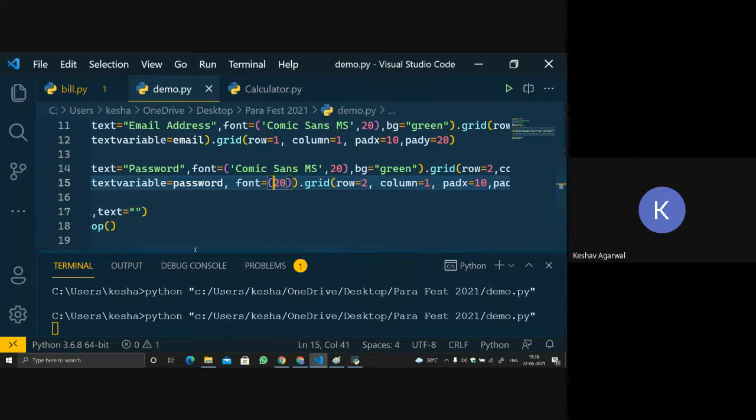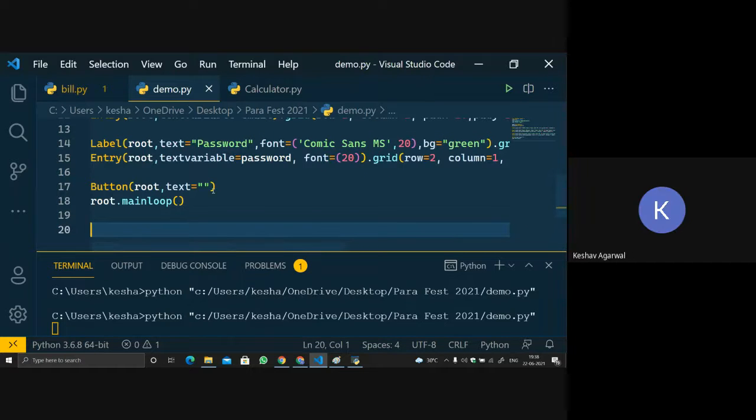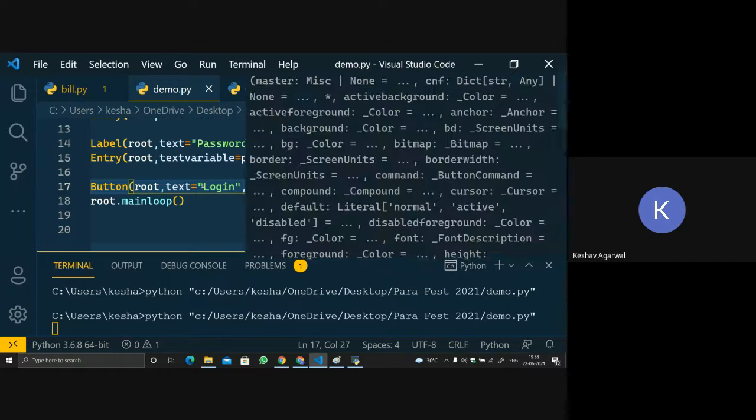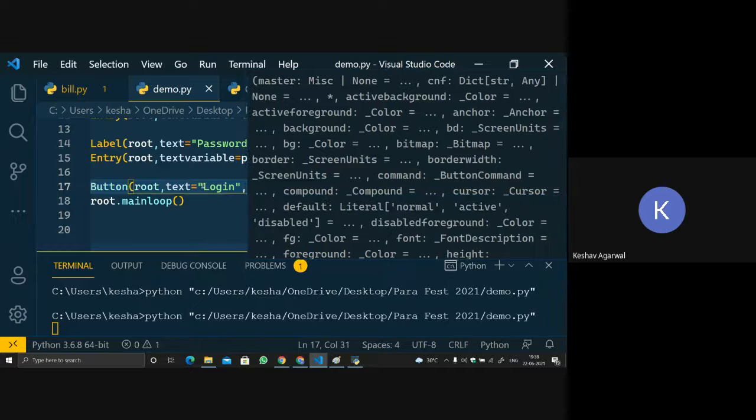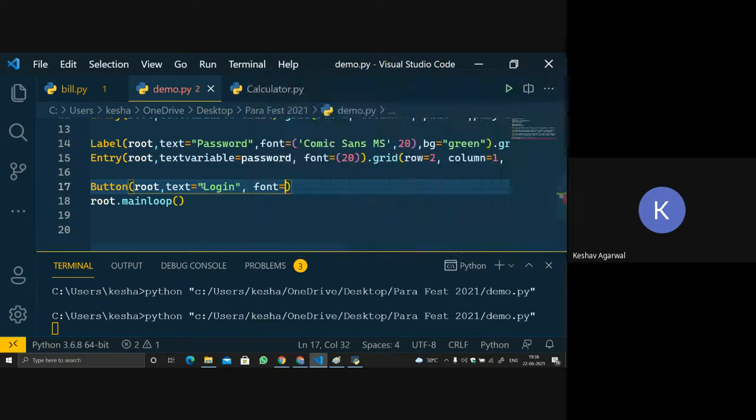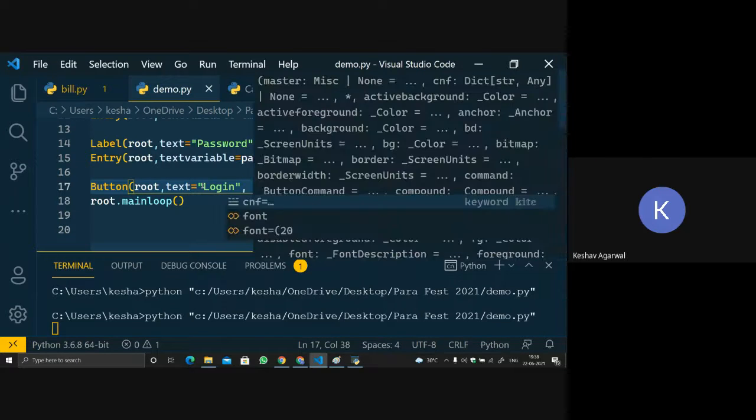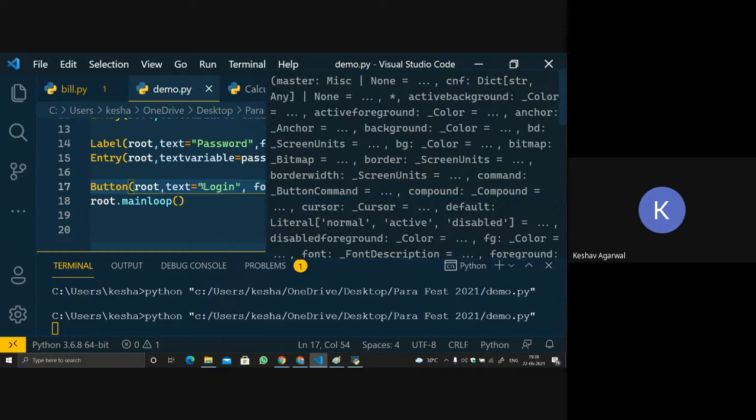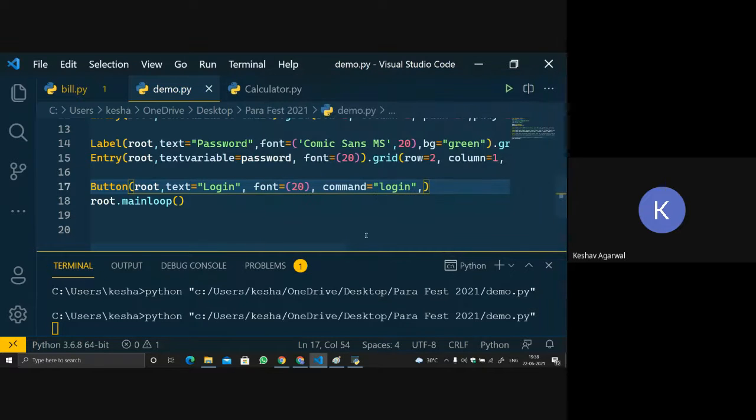So let's say we are using a button tag, and then we will be giving the text as login, and then we will again use the font, which will take 20 as a font size, and it will use a command. So what is command? Command means whenever we click the button, some function should run, right?